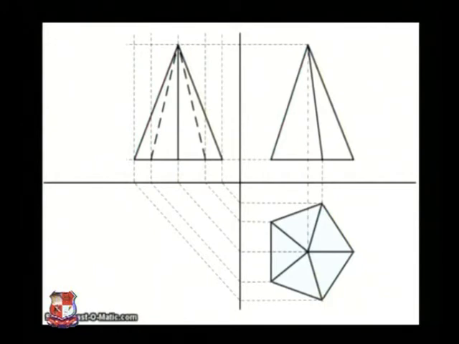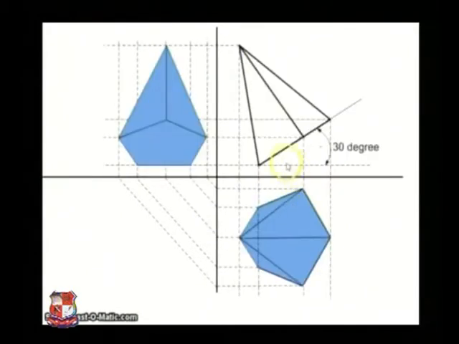Now they are saying that you have to lift the pyramid so that this base here makes 30 degrees with the horizontal plane. So this figure shows that. Now you have lifted the pyramid here, and it is making 30 degrees. So you start with this one first here. Now once you have that one covered, you draw all the lines downwards here to draw the